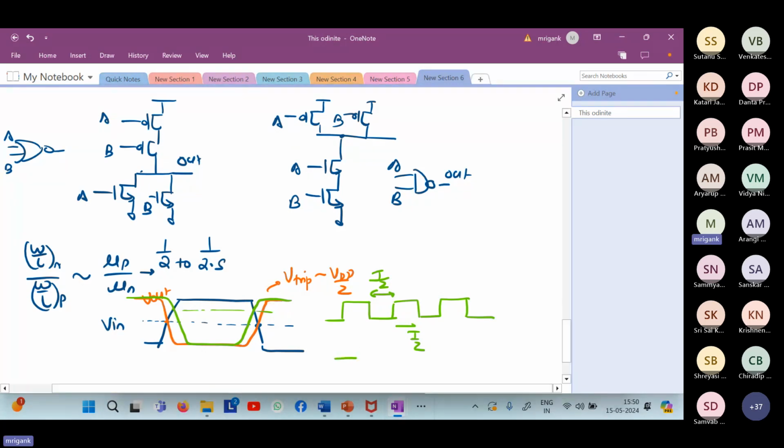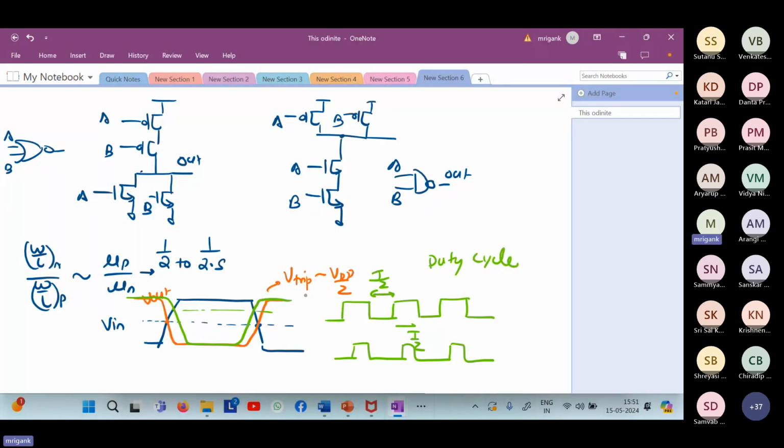The output signal will become skewed in one direction. The duty cycle of the signal can change. That is another major problem if you don't have the trip point close to VDD by 2. If the trip points are towards the upper value or lower than VDD by 2, after a particular gate, it will change the ratio of the on time and off time. Right? So you can see earlier the input signal was exactly T by 2 on, T by 2 off, but after exiting, you are seeing that it is squeezed. The on duration and off duration are changing. The ratio is changing. So generally you like to keep this duty cycle concept.